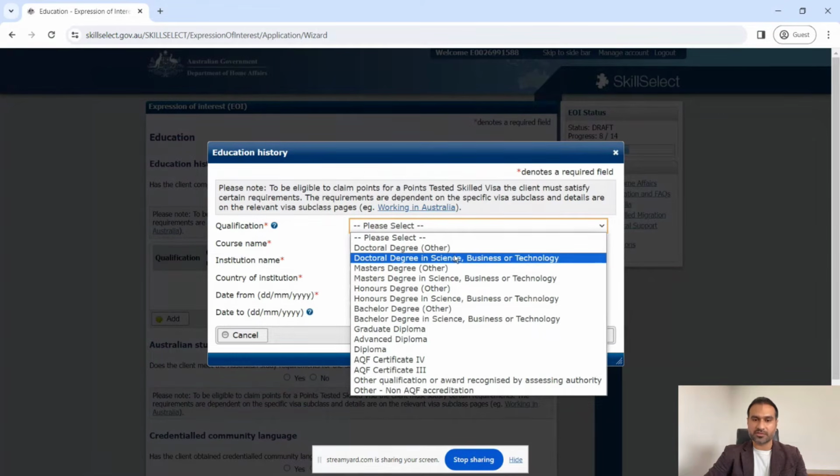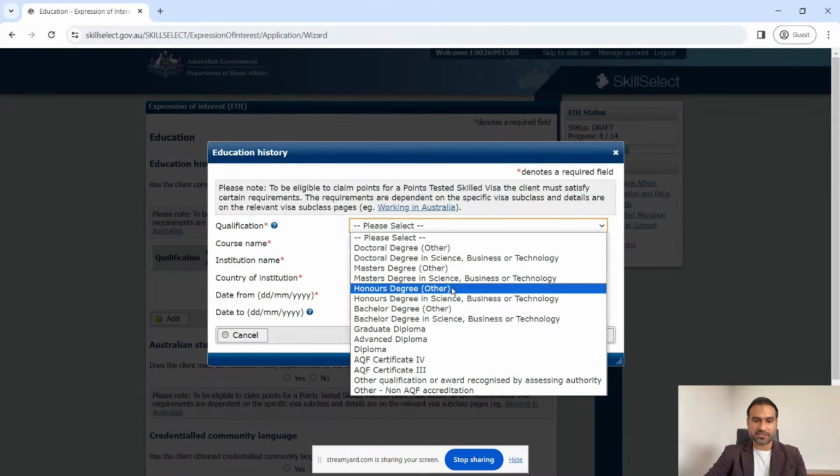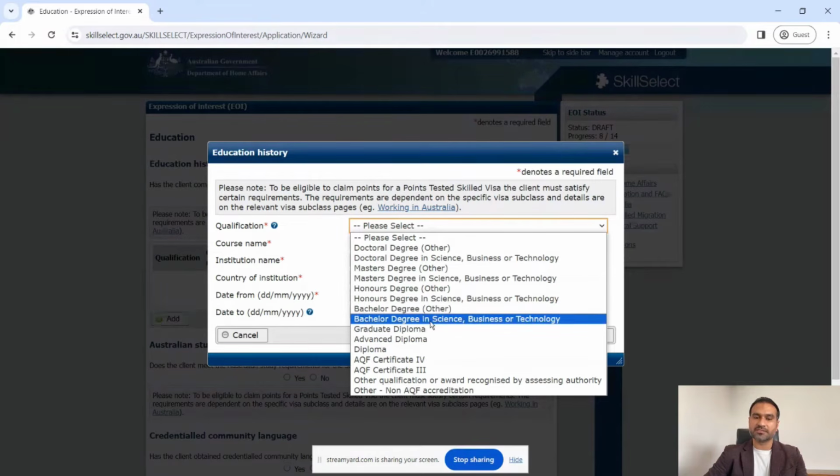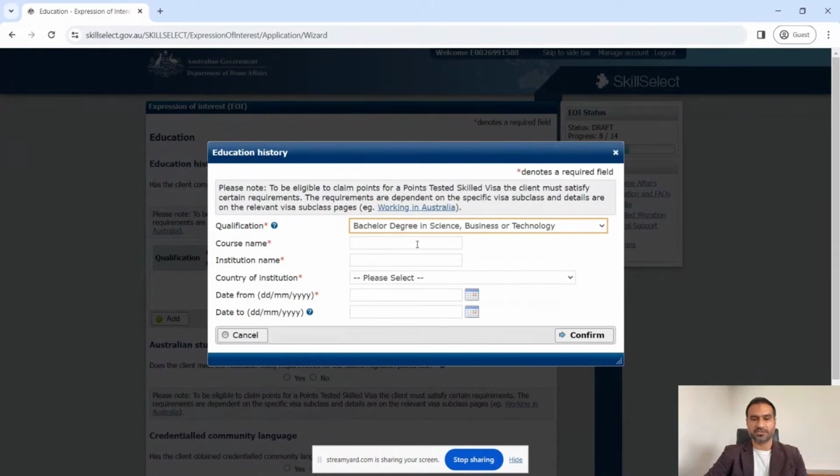So you can see there are doctorate degree, master's degree, honors degree, bachelor's degree, and diplomas. For this demonstration purpose, I will be selecting bachelor's degree in science, business, or technology. So let's suppose this person has done mechanical engineering